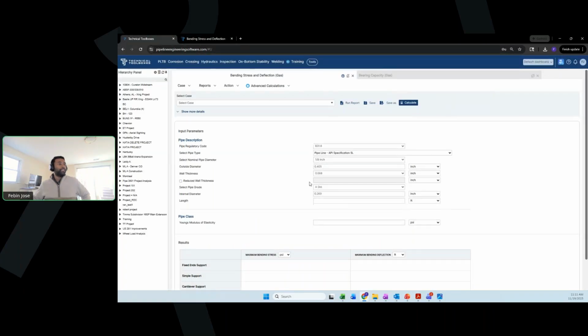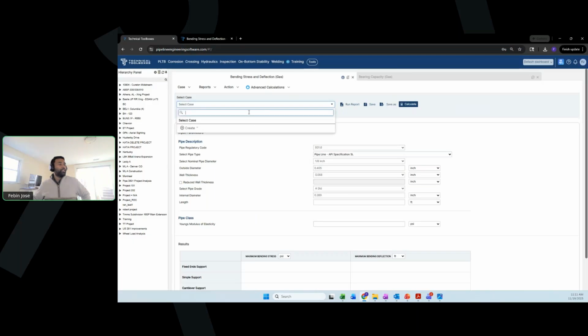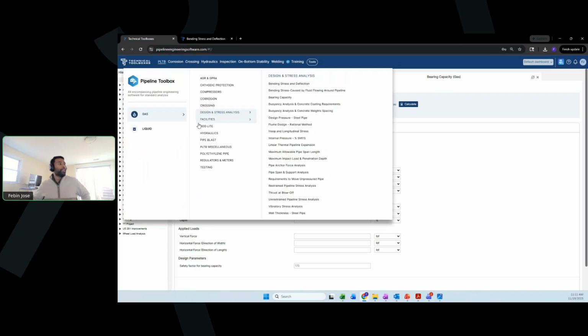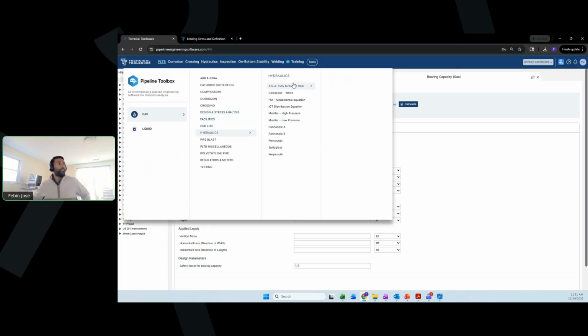The second piece is the documentation. What kind of documentation can you essentially gather from the calculation? There is what you call a report functionality. You can generate the report in a PDF or an Excel format. Let me show you an example of a calculation where we are doing an analysis and generating